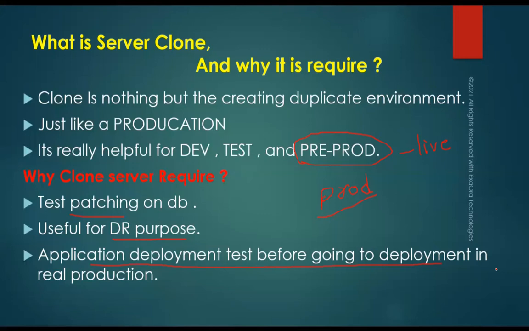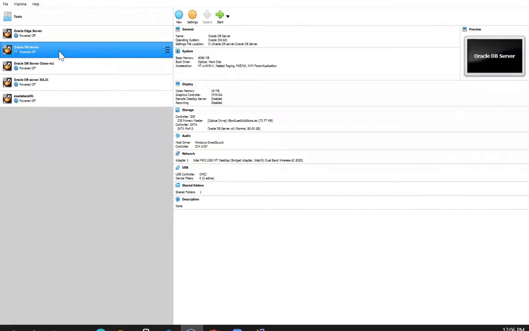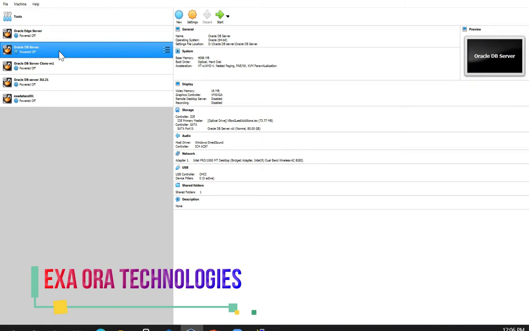What we are going to discuss is completely applicable for the lab environment, for those who are performing their testing on virtualization. Today we are going to use Oracle VirtualBox as the virtualization tool. We have already set up this tool and we have the server that we need to clone. This is the one server that I want to create same as it is, but the name will be different, the IP address will be different, and both will be separate entities after cloning.